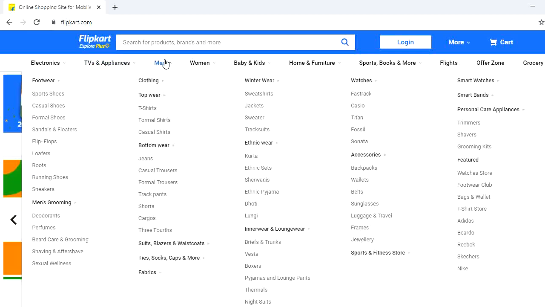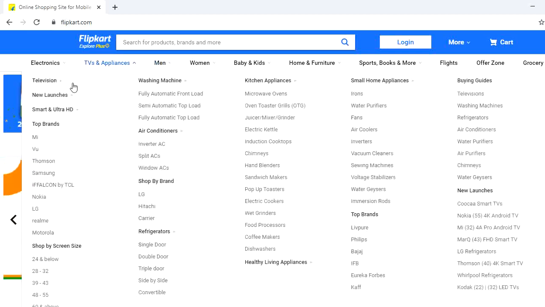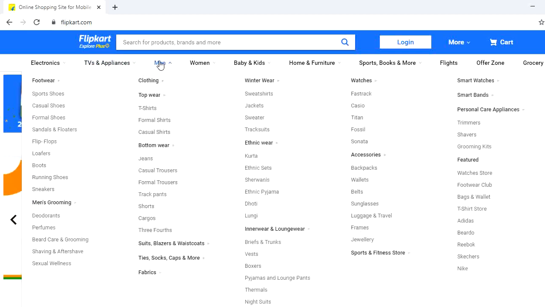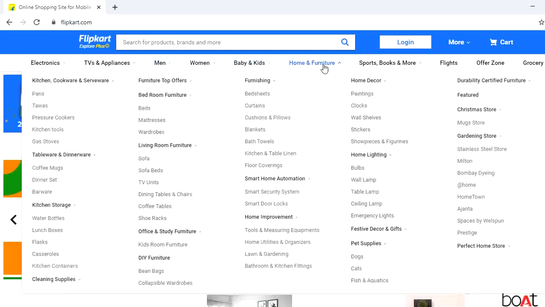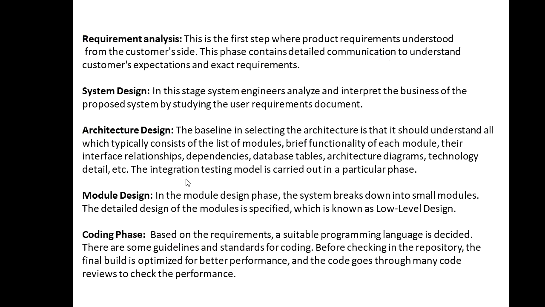Under this, if you hover, you can see footwear. There are different sub menus, which is known as low level design. Footwear, men grooming, topwear, clothing. Several different sub modules are there. When you come to home and furniture, kitchen, cookware, serveware, tableware, there are sub divisions of it. So this is known as module design.